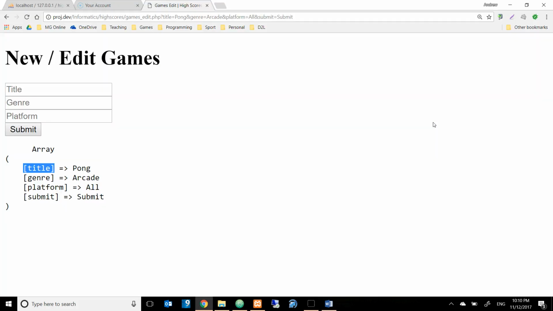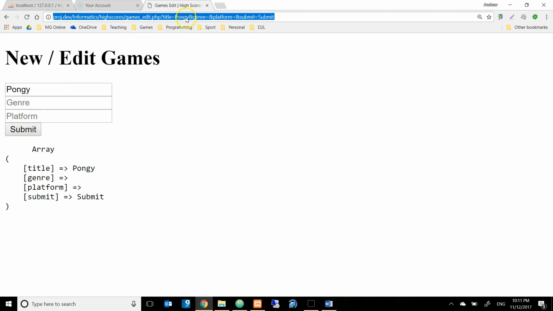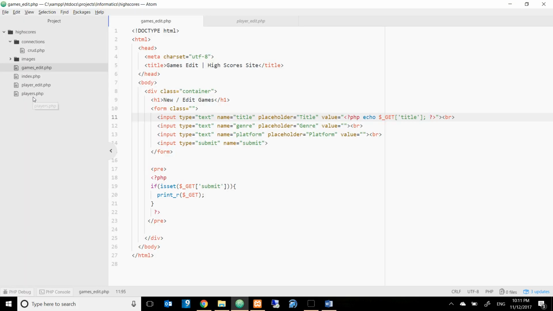So let's go and have a look then. Pong is put in here because that's what was entered. If I typed in Pongy and submitted it, now it's Pongy, because Pongy is in the URL, that's what got submitted. So take this line here and paste it into here. And here we want genre. And paste this into here. And here we want